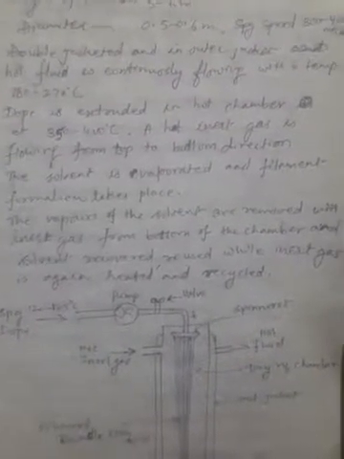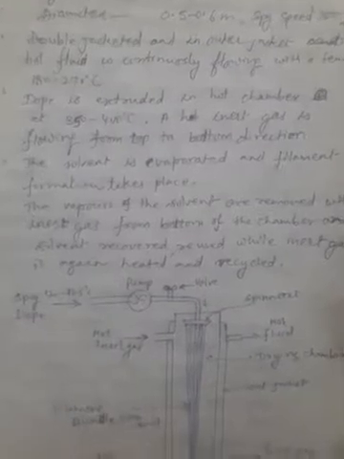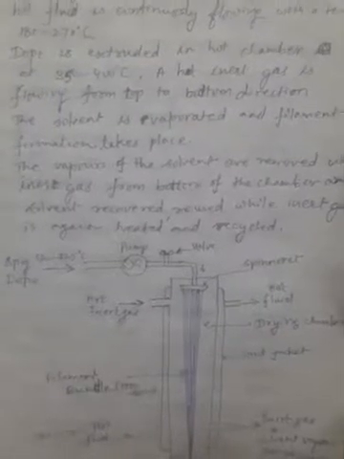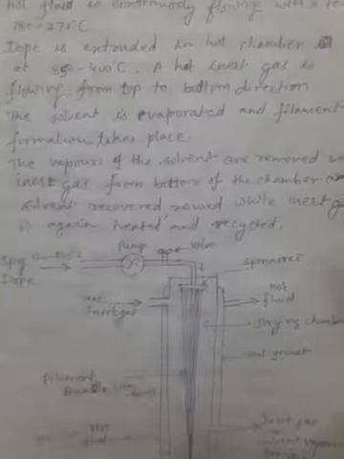It is double jacketed, and in the outer jacket the hot fluid is continuously flowing with a temperature of 180 to 200 degrees centigrade. So that's why the temperature inside the drying chamber is kept higher than this easily. So DOP is extruded in the drying chamber at 350 to 400 degrees centigrade. A hot inert gas is flowing that helps to maintain the temperature on the top side of the extrusion. This drying chamber is about 350 to 400 degrees centigrade.